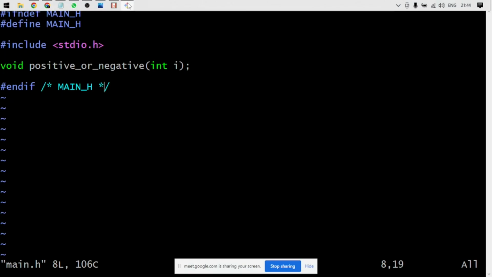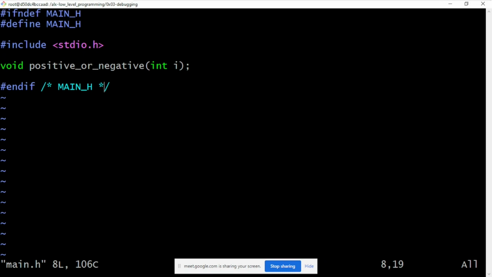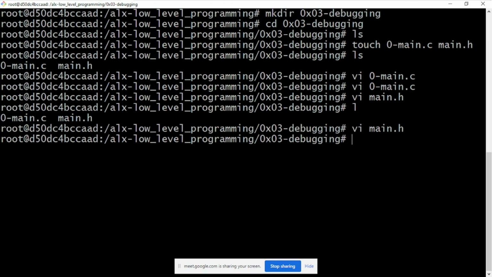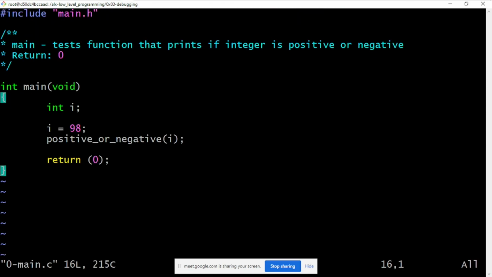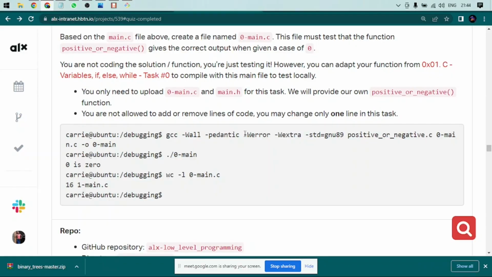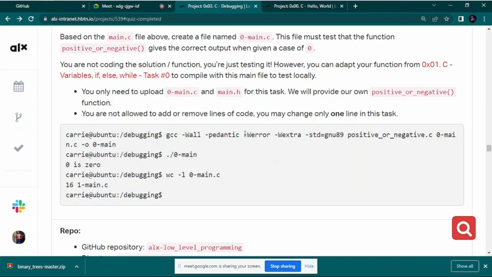Let's go back and see how tricky, or maybe not tricky, it would be. Now 0-main.c. We're asked to change only one line. See what we're asked to do. The file must test that the function gives the correct output when given the case of